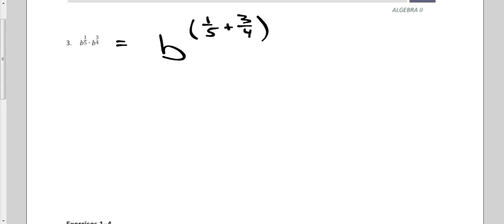Okay. Who's able to add 1/5 to 3/4 to come up with a rational number? I know one person was able to. Is this where you multiply? It's where I find the common denominator. That's where you multiply the denominator by something that both go into. What's my common denominator going to be? 20, right. So what do I multiply 5 by to get 20? I multiply the bottom by 4, I multiply the top by 4 too, right? So this is b to the 4/20th power plus